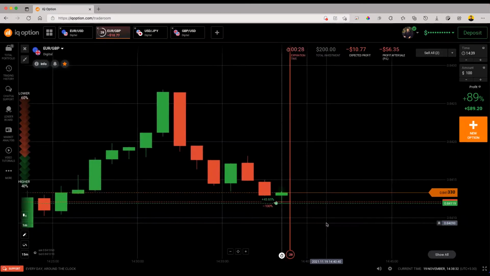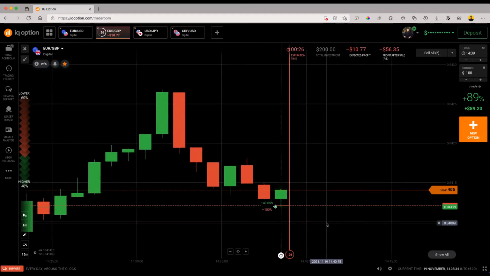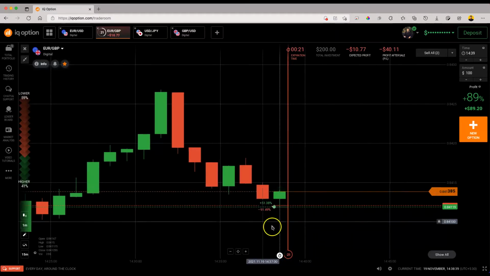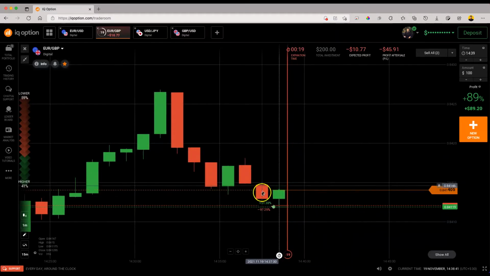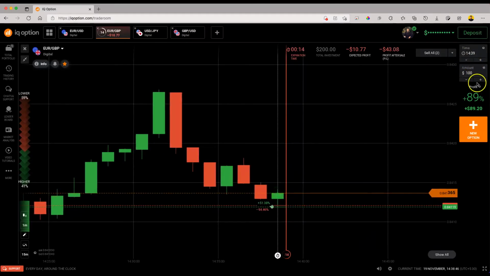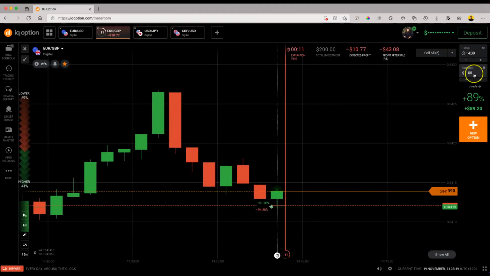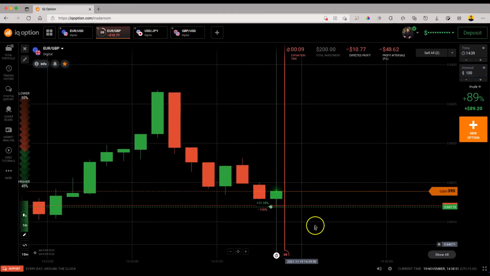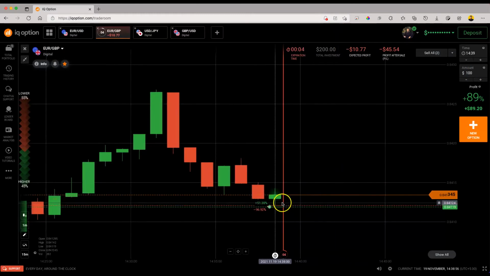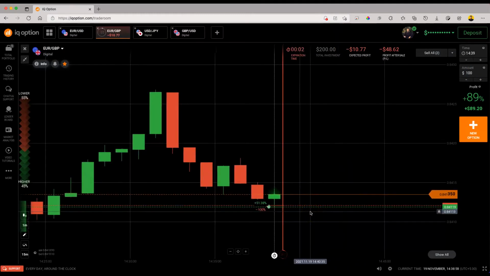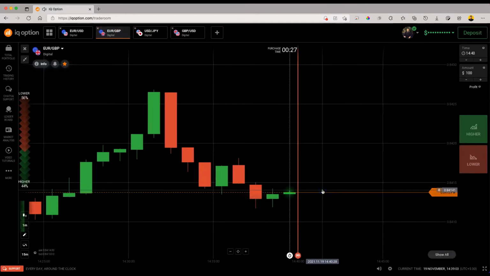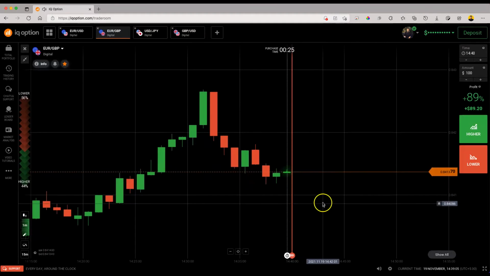Let's wait and watch. Neutralizing the trade means not losing the whole amount. Like, we have invested $100 for this particular trade, so we are not going to lose the total $100, we are just going to lose $10-11. That's the case of neutralizing. So here we have made the loss of $10. Let's wait and watch.